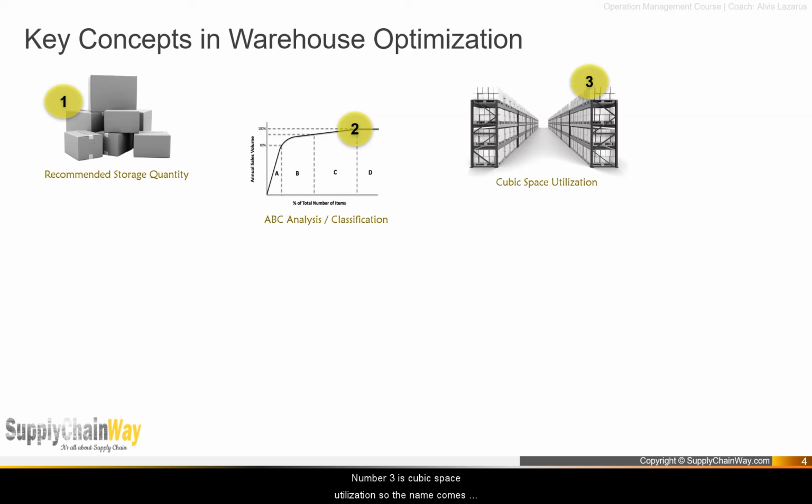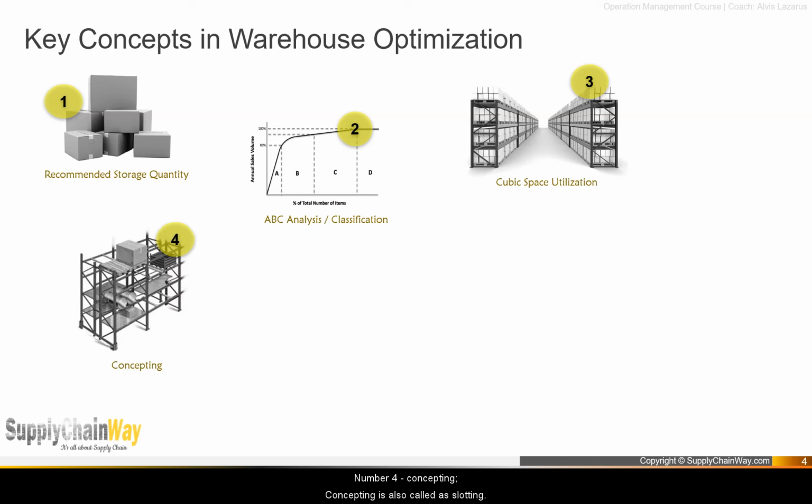The third one is cubic space utilization. The name comes from the length, width, and height of the warehouse, and by cubic space utilization you are ensuring that you are utilizing your complete space within the warehouse to the brim. You should consider your entire warehouse and arrive at the cubic space utilization. Only then will you focus on your aisle space, your processing areas, and your office areas. So every square foot within the warehouse will come into the radar such that you keep improving on it. The metric here is the cubic space utilization percentage.